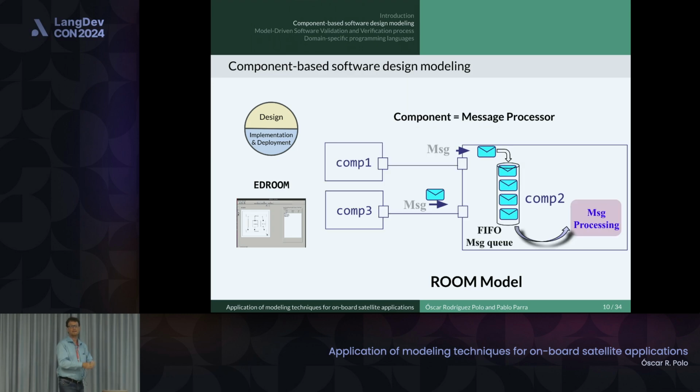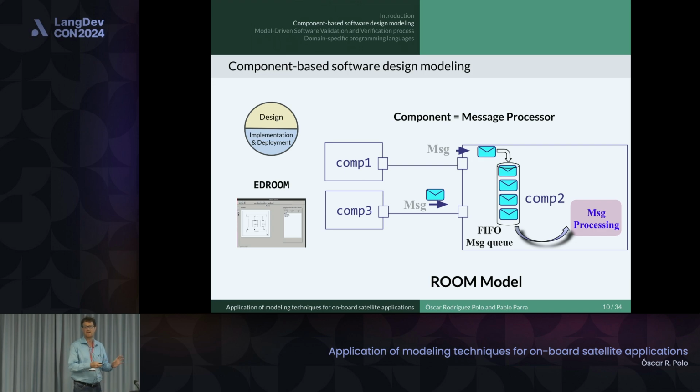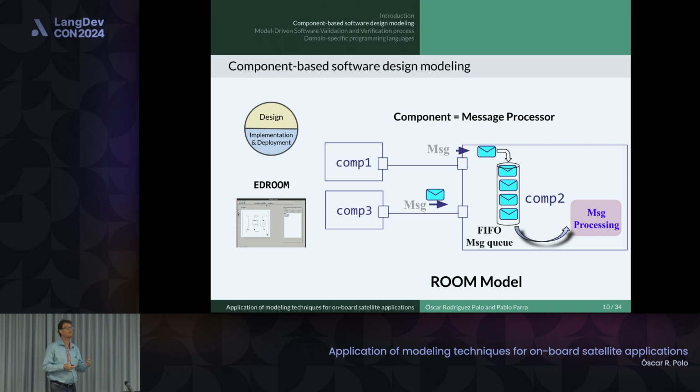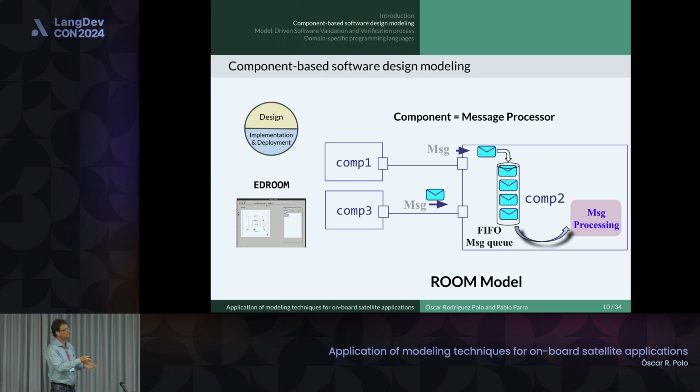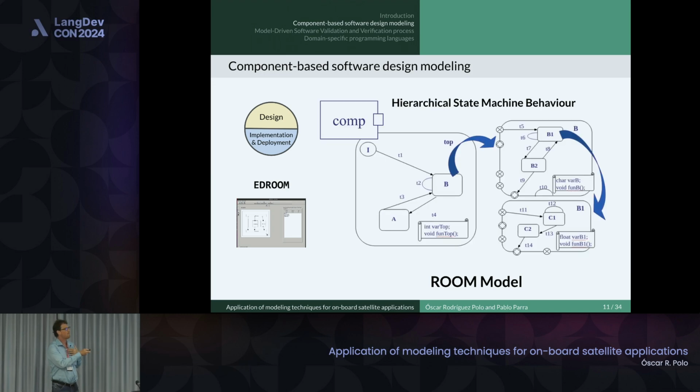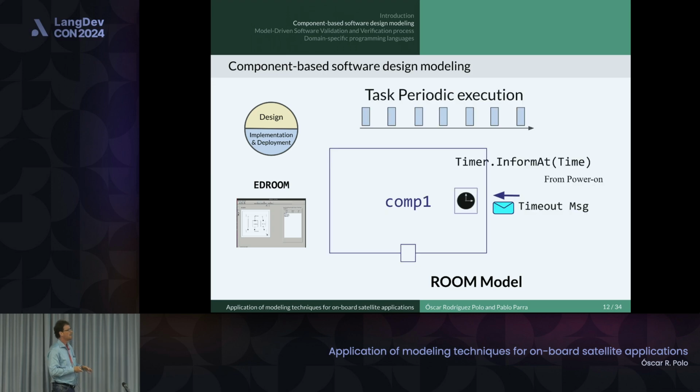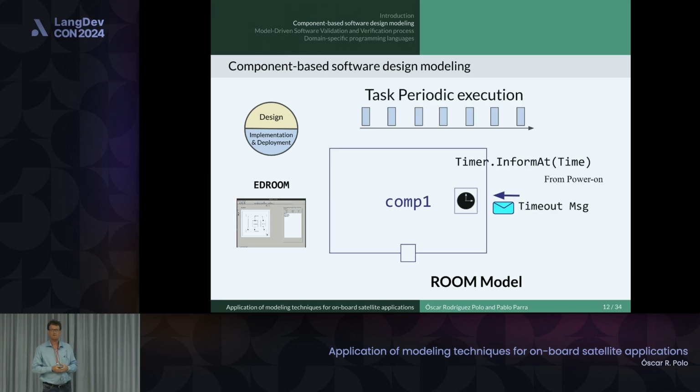Each component has a queue of messages, and the component works as a machine that processes messages. Each message has to complete its processing, and after that, we can process the next message. So it's a machine that you can analyze. This is good for us. The behavior of this machine is defined by hierarchical state machine behavior, and we can program periodic